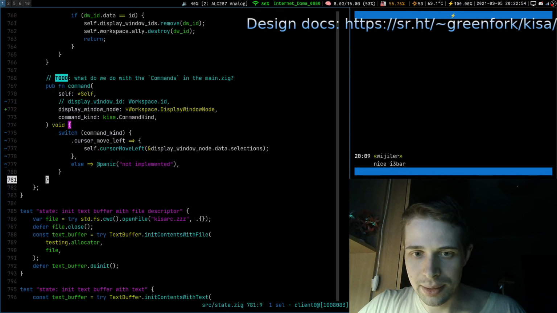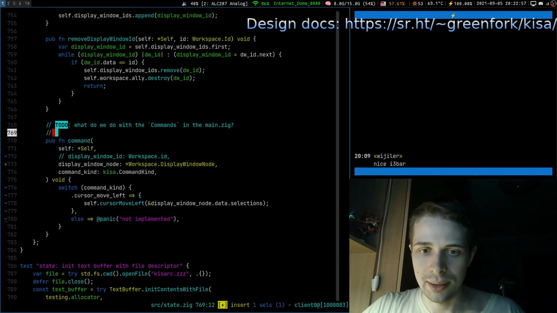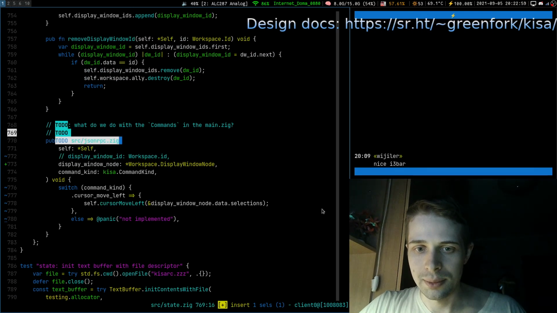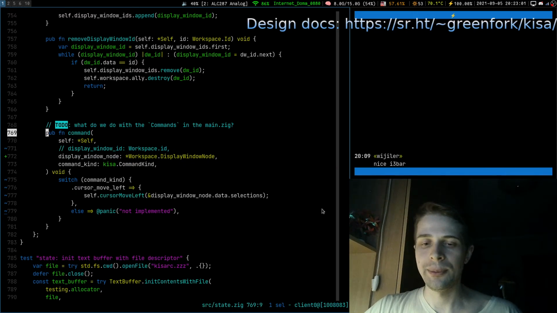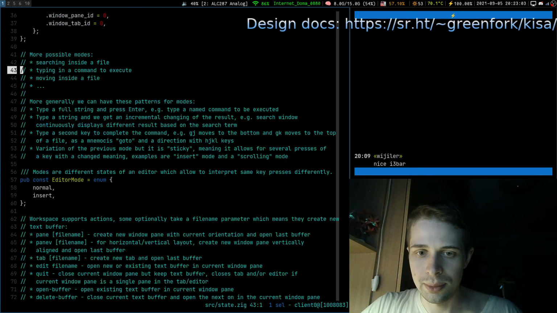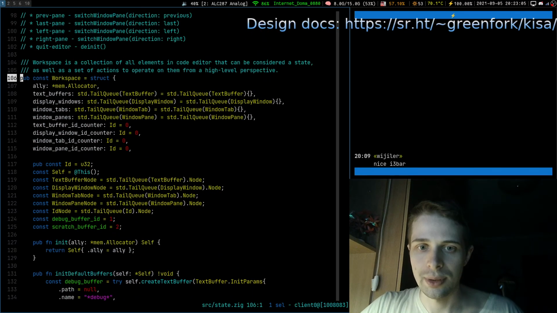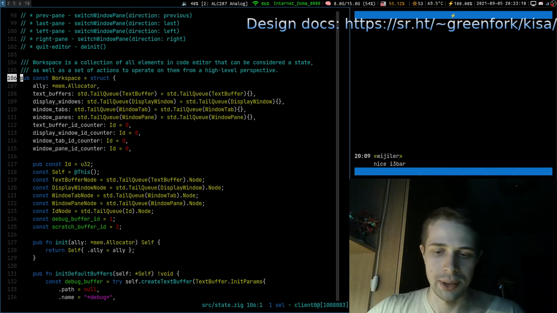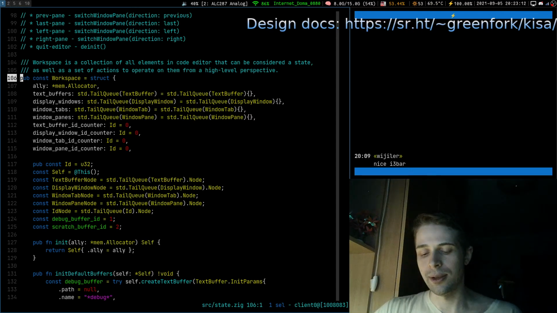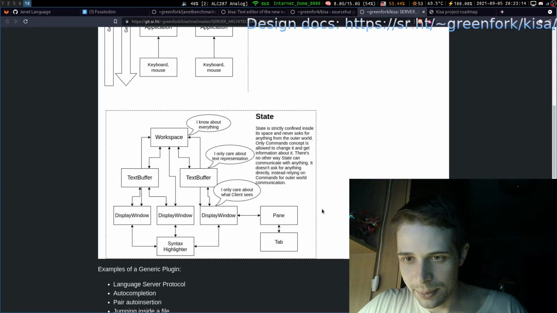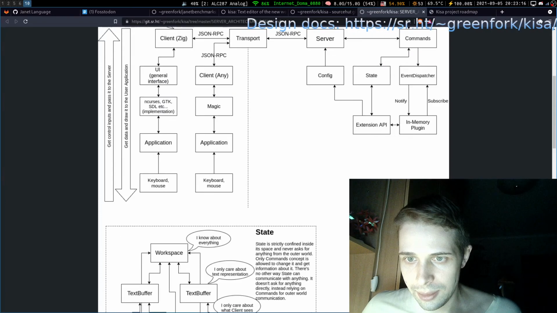Probably make another to do, just to think a little bit. Or maybe not. Maybe I thought about adding a to do to think whether we should put command in workspace as a function, as an interface to the state as a whole. So let me show you on this schema.